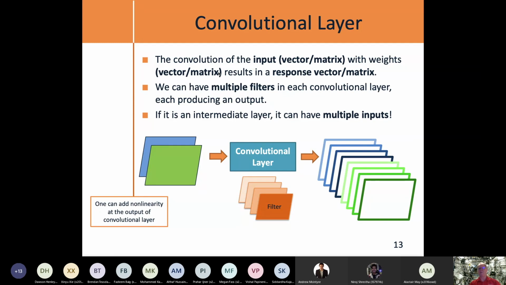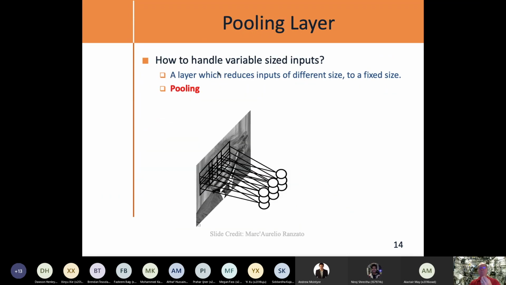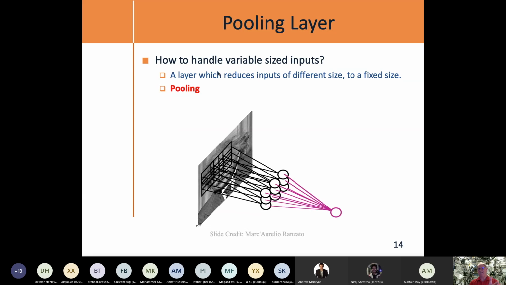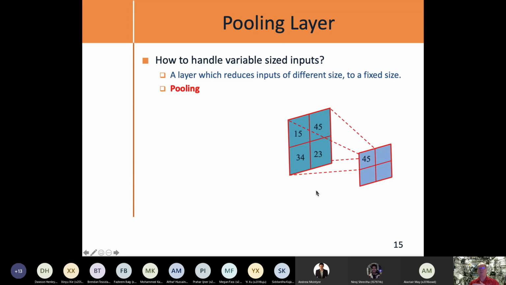That can be just from a variety of images of the dog that's sitting at different angles and things like this. What about the issue of the camera being 10 feet from the dog versus 5 feet from the dog versus 20 feet from the dog? The dog's going to be different sizes then, but it's the same dog. So a pooling layer is used in this case. And the idea of a pooling layer is that it can take and transform an object in the image of one size to a standard size, or from different sizes to a fixed size that we can then use.